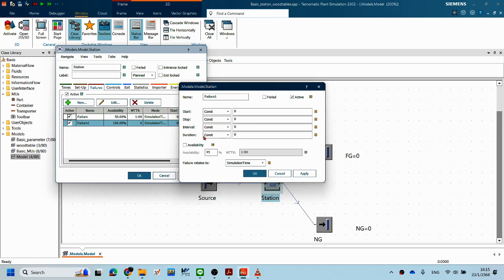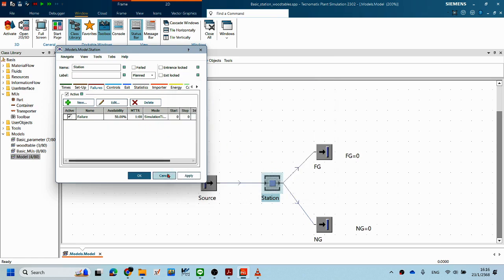You can set up the interval or duration, depending on the function. This is specific, trying to emulate the condition in the simulation program to match the real problem. Let me cancel that first. And another thing,